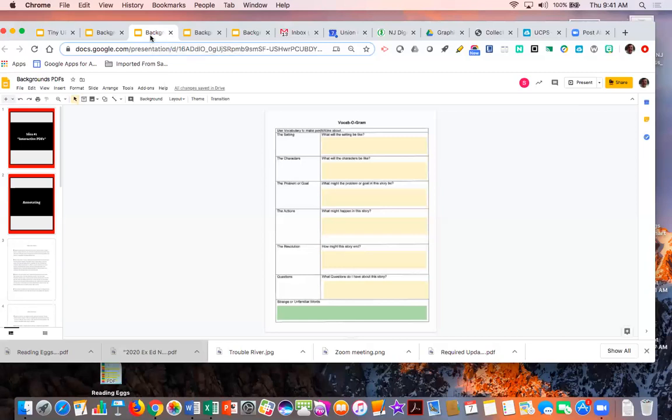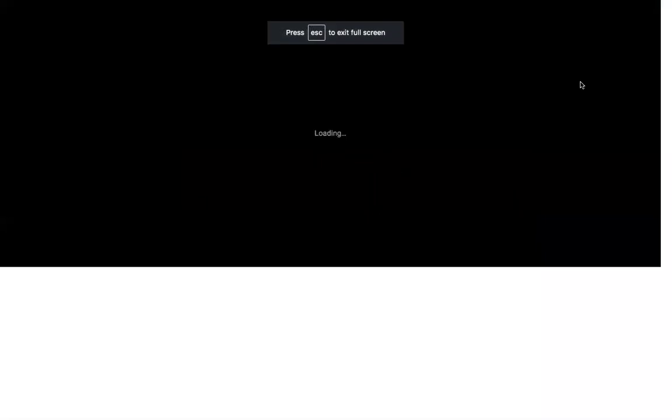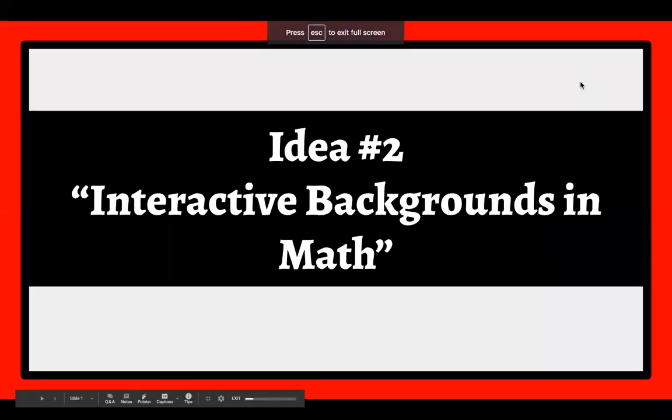any of these techniques or functionality of the features of Google Slides and backgrounds can be applied across the board. So keep that in mind as you're moving through and thinking about ways you can use it tailored to your particular lessons or the content you teach. So I'm going to come over and I'm going to jump into the presentation and talk about math a little